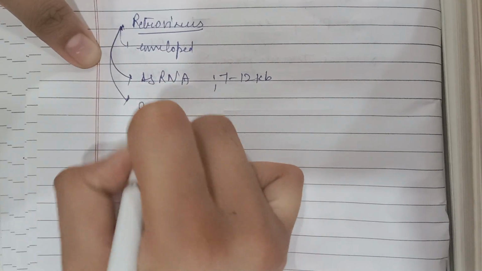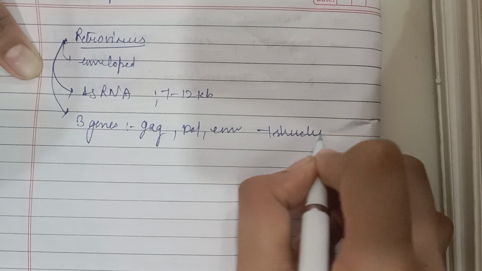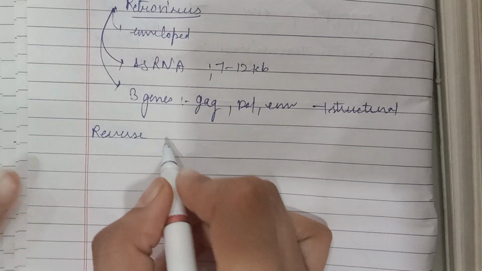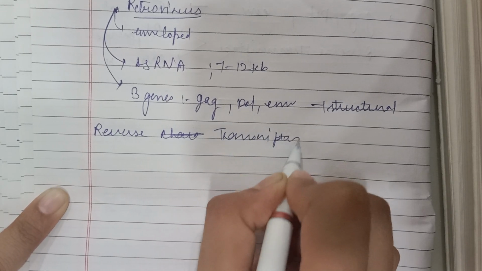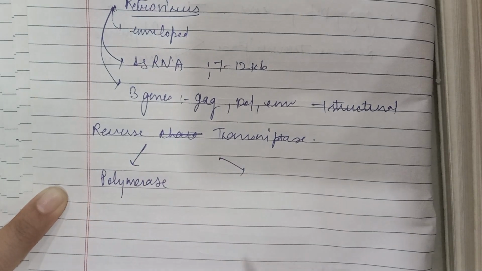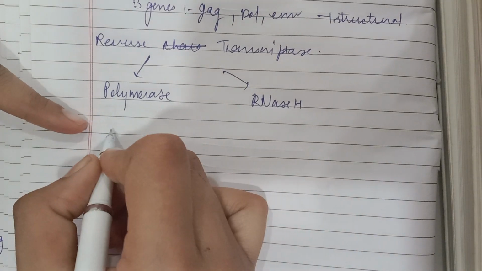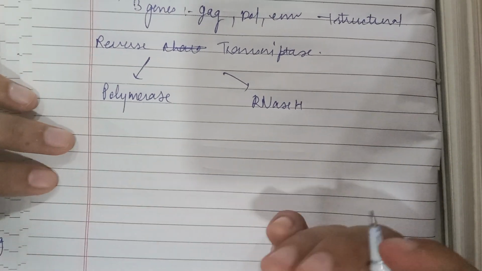They have three genes, that is GAG, POL and ENV genes, which have a structural role and are present in all the members of this family. The enzyme reverse transcriptase is characteristic of retroviruses. It has two enzymatic activities. One is polymerase activity and the second one is RNase H activity. We'll look into these activities in the next half of the video. Now we'll look at the general retroviral life cycle and then we'll move on to the specific